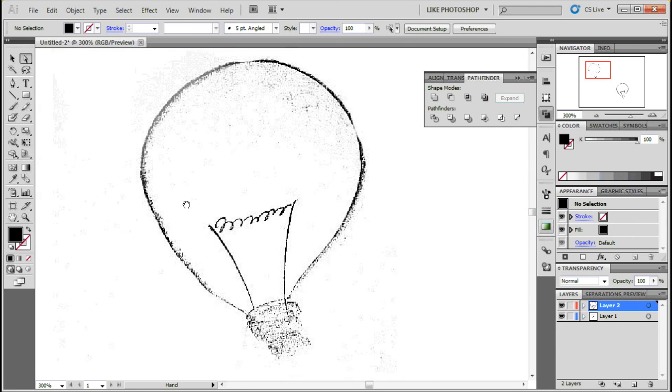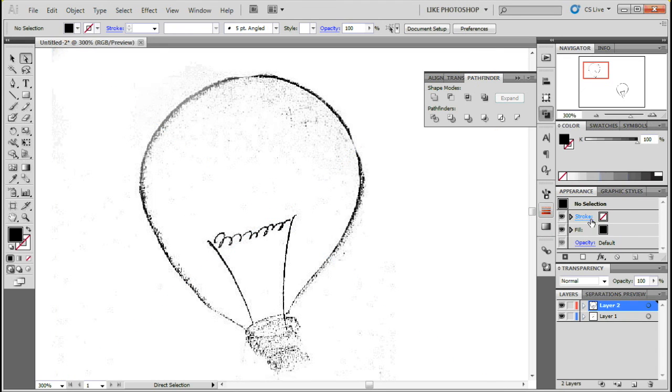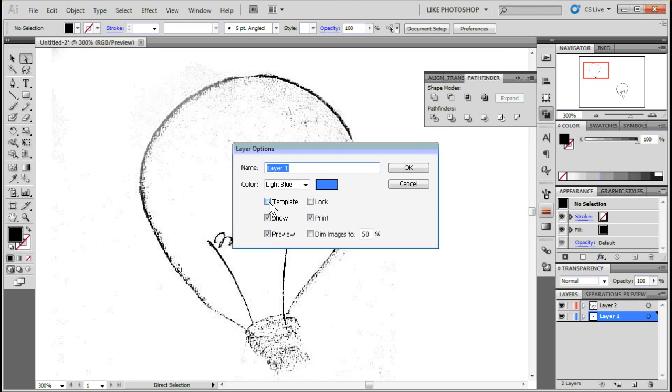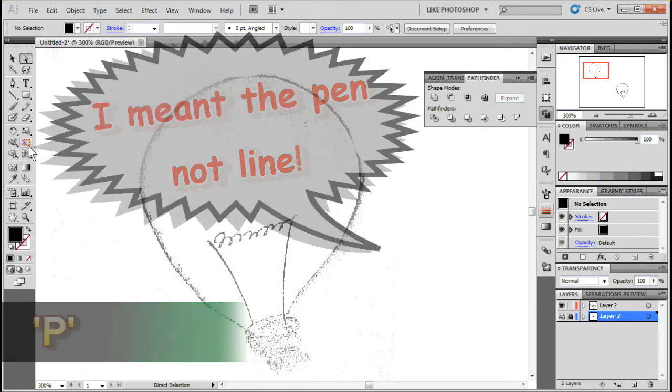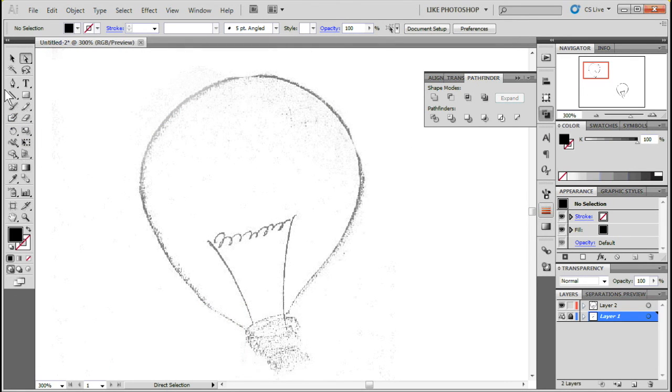So right now we're going to go to the drawing version, and we're going to double click on the layer that it's on and choose Template, which locks it from selection and grays it out a little. So what you can then do is choose the line tool, which I believe is hotkey L, and create a new layer for your drawing. And we're going to simply trace the line